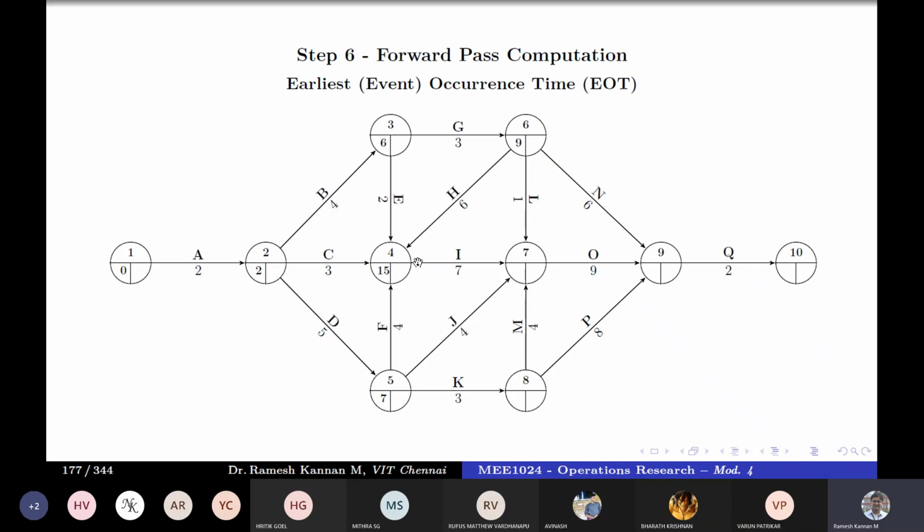The next is we have finished 4 and we have finished 5 and 6. Next, we'll go to 7. But if you take a look at 7, 7 also is similar to this. It depends on 9 plus 1 is 10 here, or 15 plus 7 is 22, and 7 plus 4 is 11. And this also we need to find for J. This thing. For this, this is the only dependency. It is 7 plus 3 is 10.